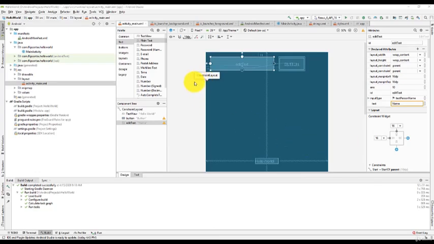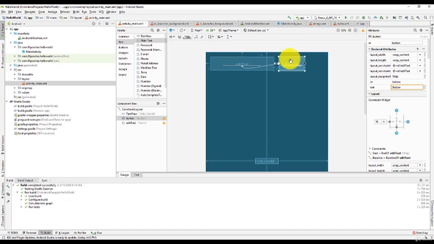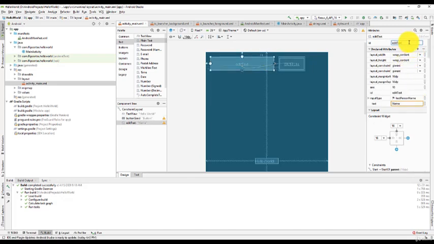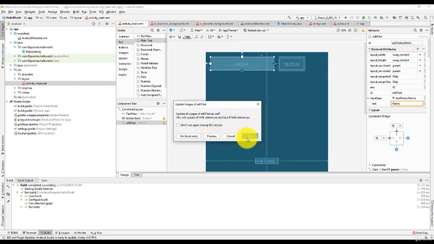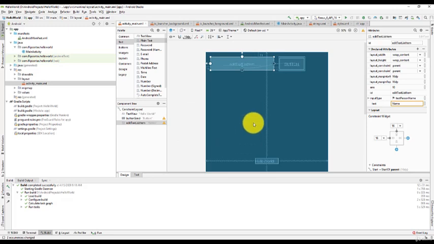Okay, so now that we have our user interface ready, we're going to edit some properties attached to the user interface. So let's say, for example, you click on the button. Over here on the right, you have the attributes that you can modify. Let's change the ID, for example. Let's call this button send. Okay. And let's call this edit text list item. Okay. And just like that, we've updated the IDs. Now, what about the text? So let's see the button.